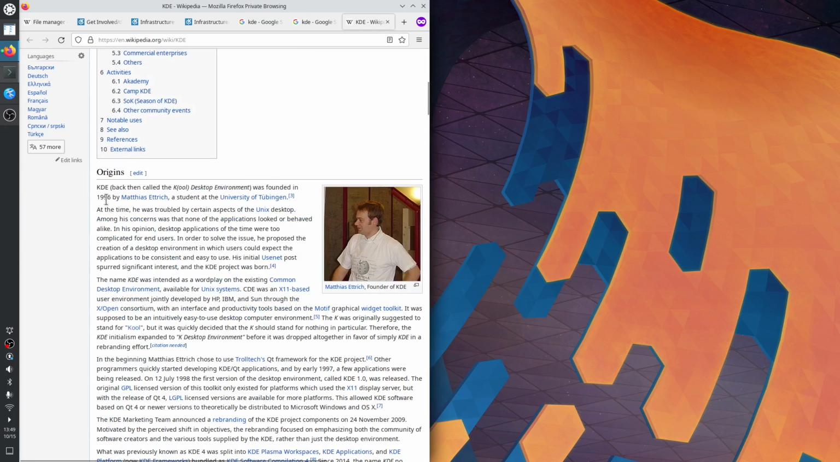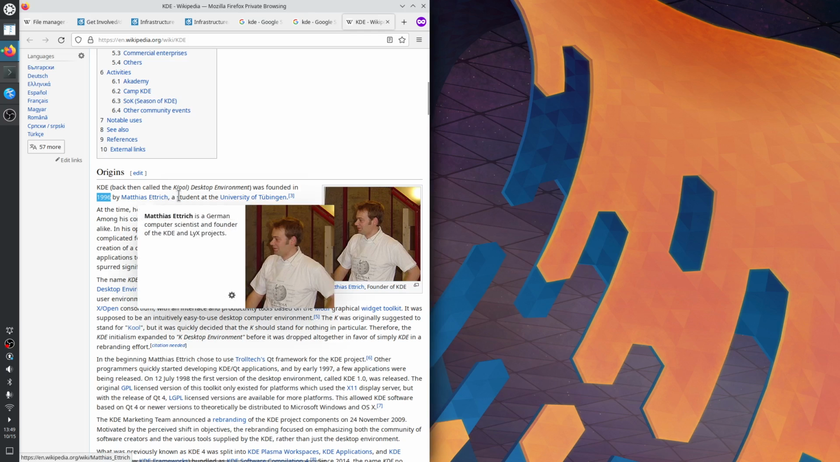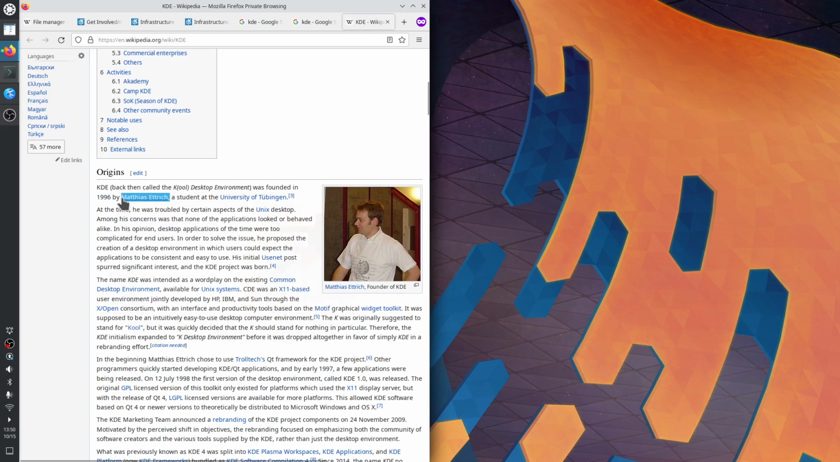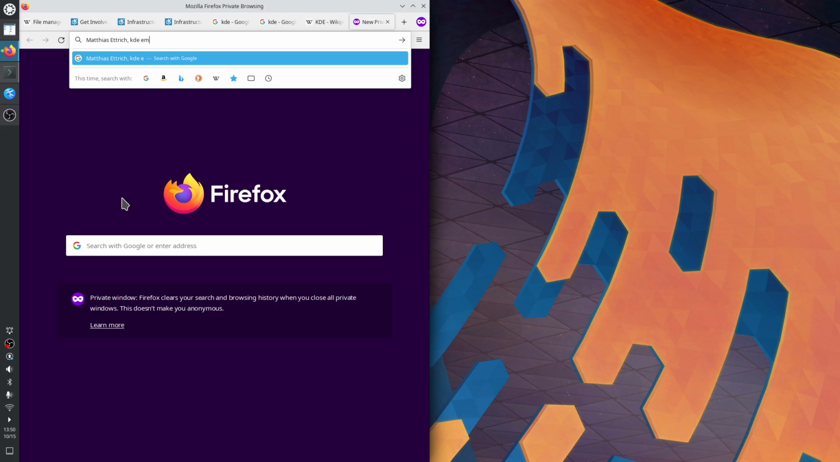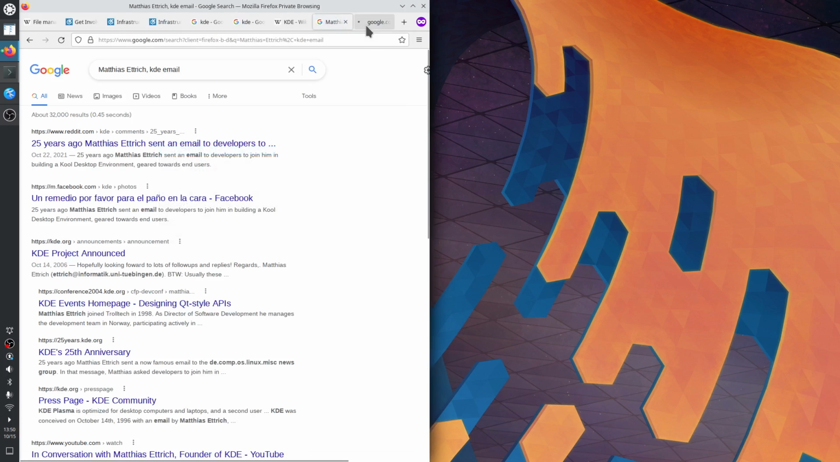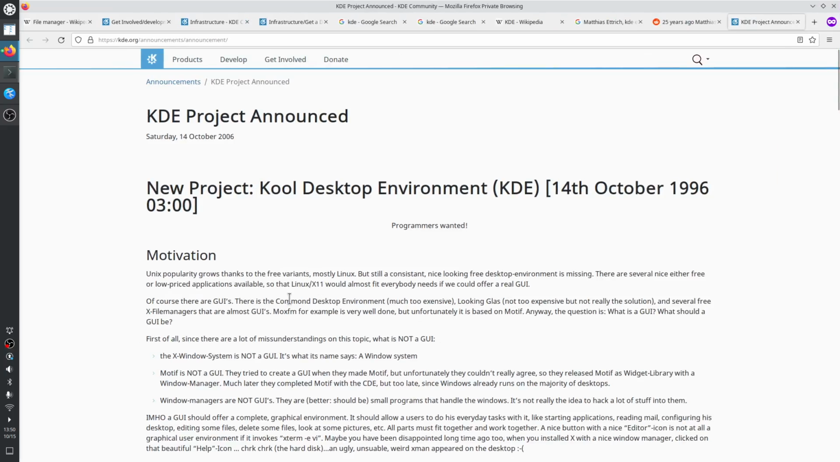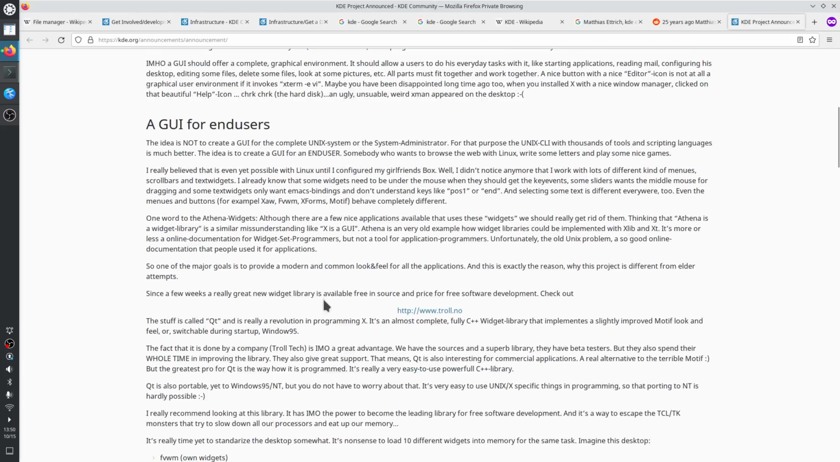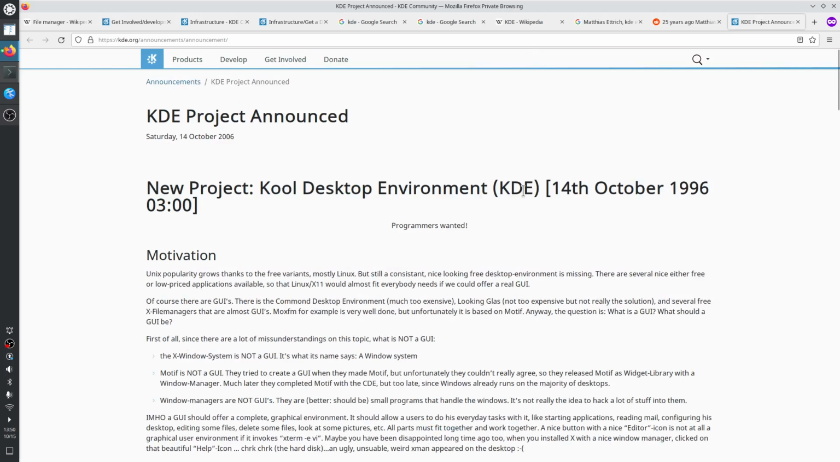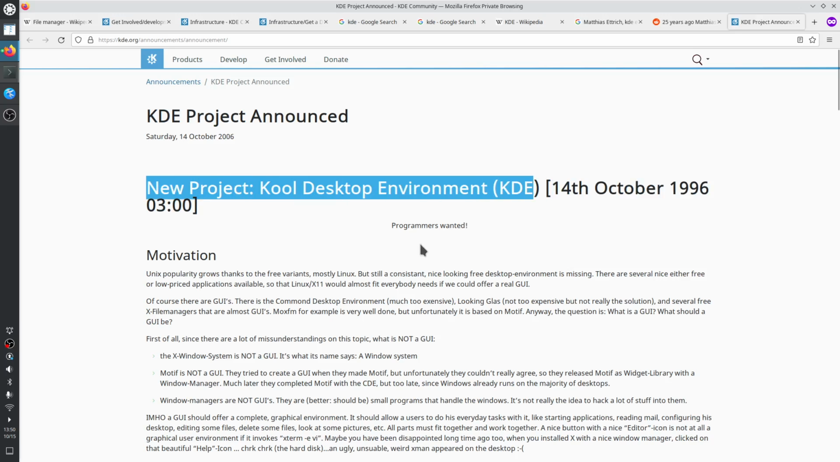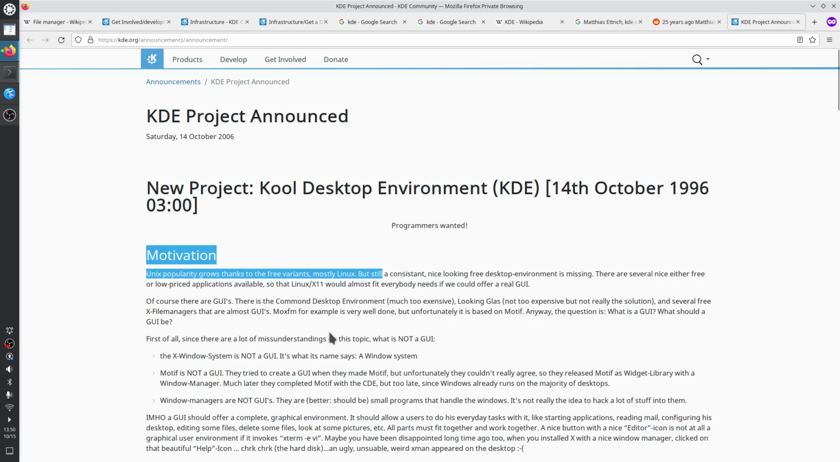Okay, so founded in 1996 by Matthias Ettrich with his famous email. Okay, where is that email? This is probably one. So October 1996, let's develop a new project, the cool desktop environment KDE. Motivation, there wasn't a desktop environment plus many of the important apps that were GUI apps for the Linux desktop in 1996